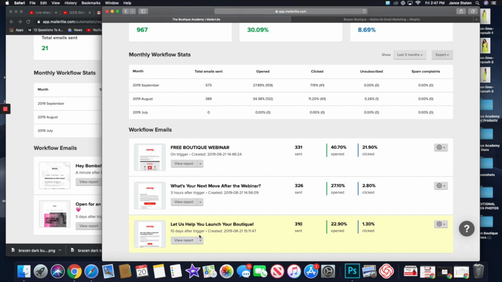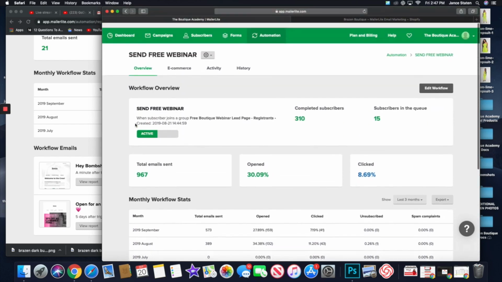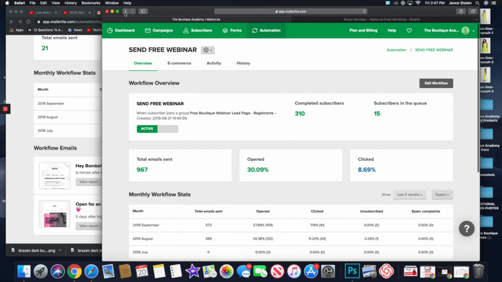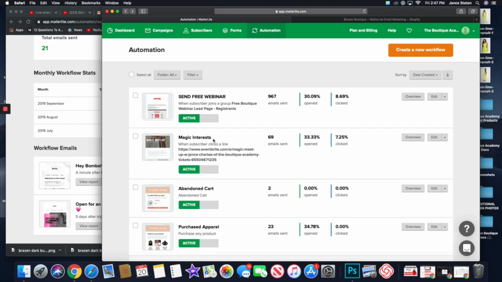And then 10 days after that email, they receive this one, which says, "Let us help you launch your boutique." So it's maybe links to some services that people might be interested in, based on the fact that they viewed the webinar. So basically you want to create sequences of events or emails that are sent out based on the actions that